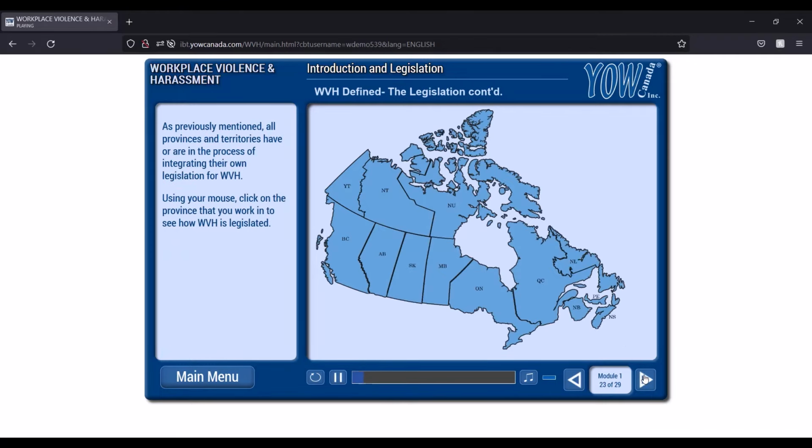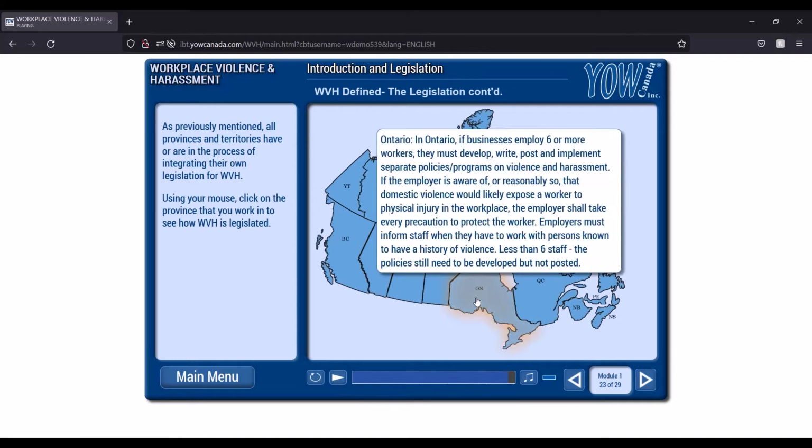As previously mentioned, all provinces and territories have or are in the process of integrating their own legislation for WVH. Using your mouse, click on the province that you work in to see how WVH is legislated. In Ontario, if businesses employ 6 or more workers, they must develop, write, post, and implement separate policies or programs